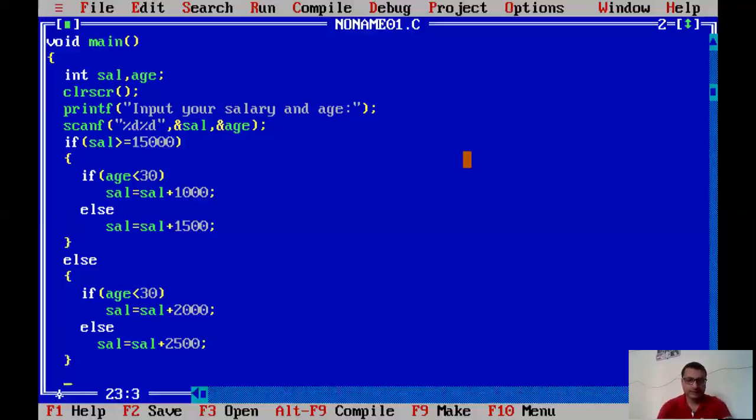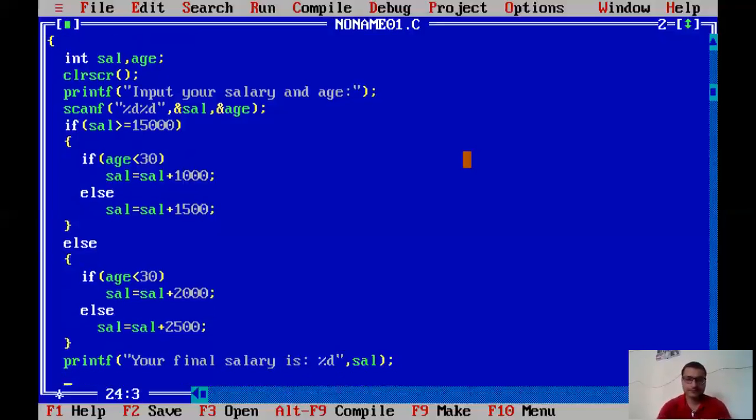Now I can print the final salary: your final salary is %d, comma salary.